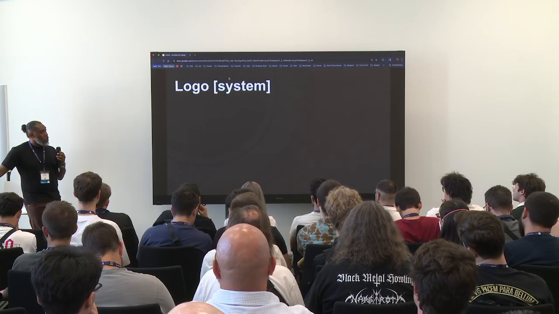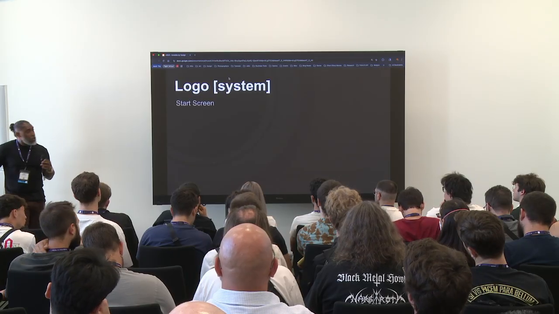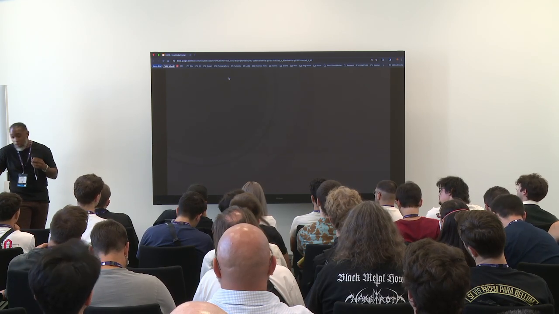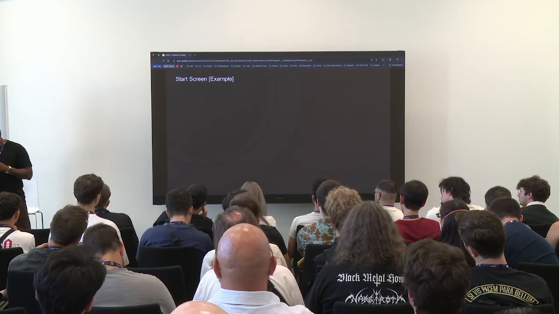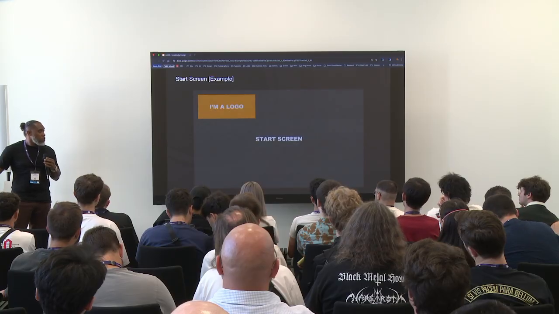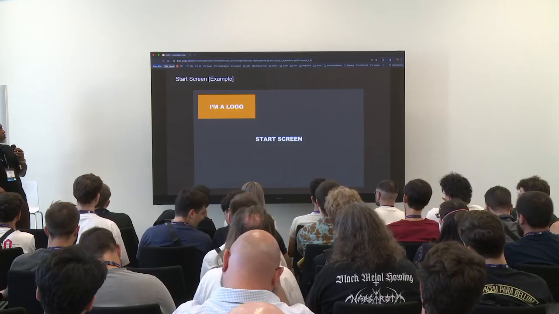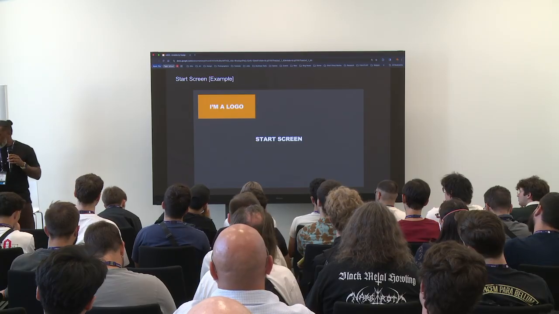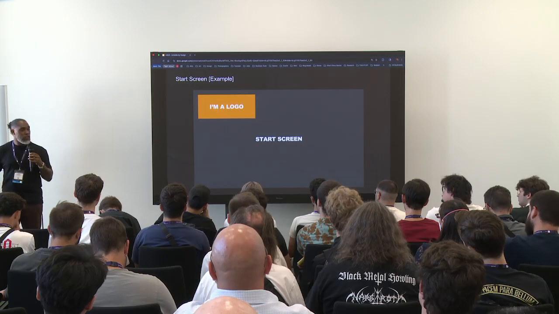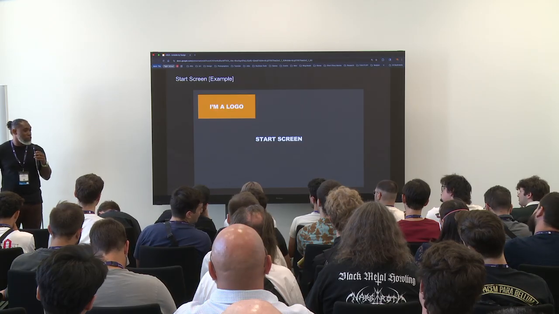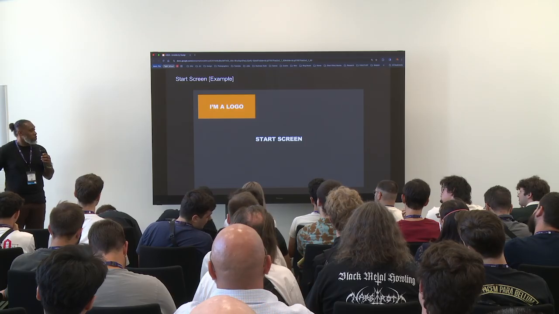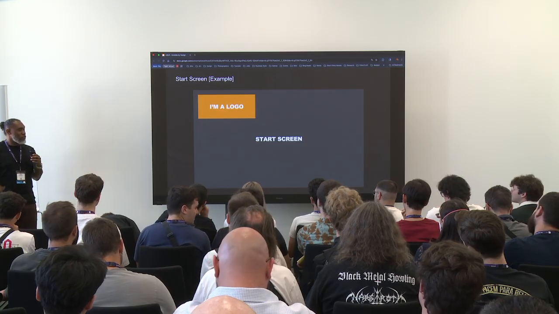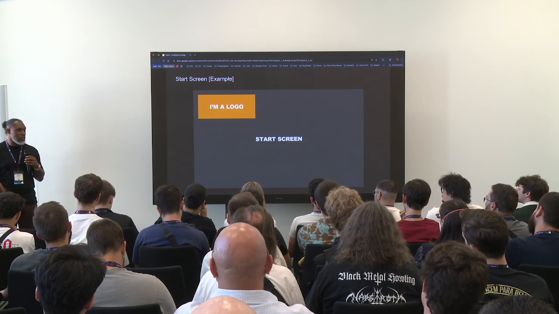And then there is the logo system. This one could be the start screen or the loading screen. Again, another example, at least the start screen here. It's a big gray box square. It says start screen. There's a big orange box there that says I'm a logo. I have to say this out loud: the UX part of my job when I start this can be super boring. There's no art. Being an artist myself, it took a long time for me to get past the gray boxes. It really was just about, this is a thing, this is how you interact with it.